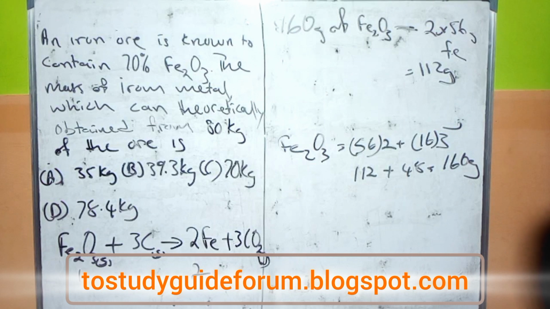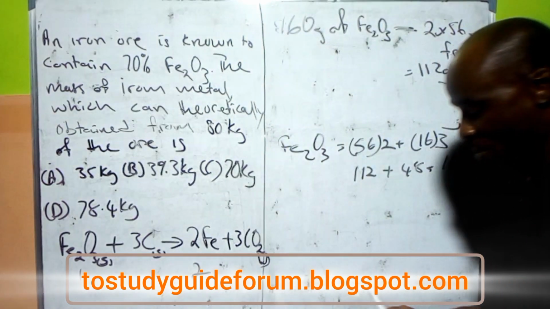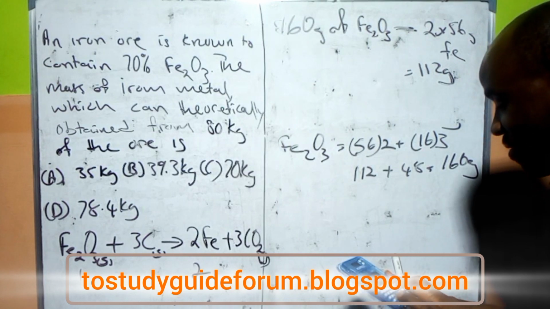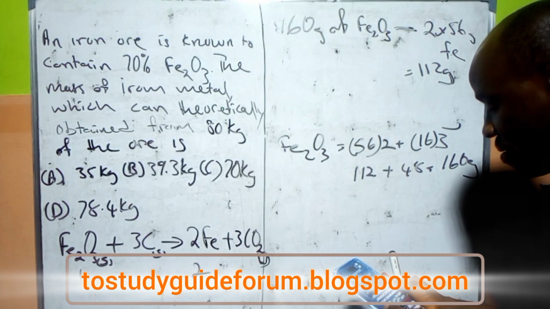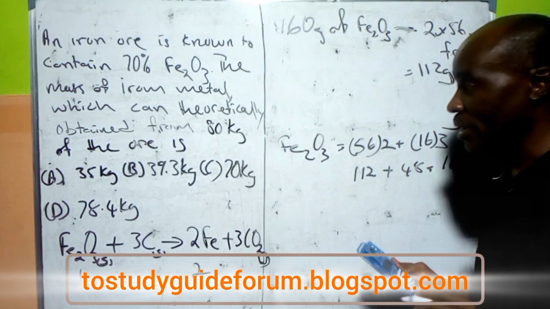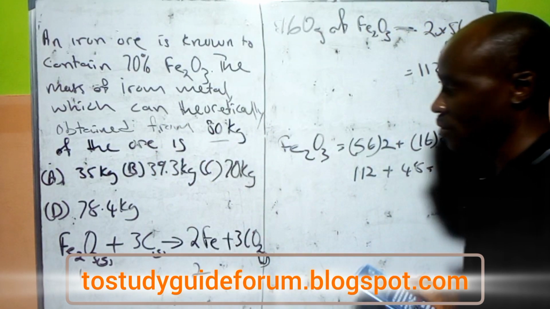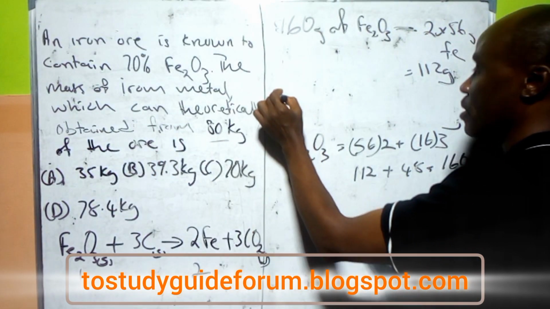So what we have on the other side is times 80,000 divided by... okay, from what we have in this, the mass of iron 3 oxide that we have there will be